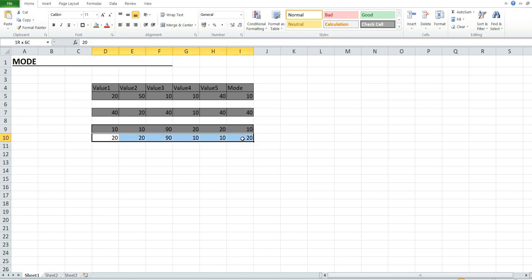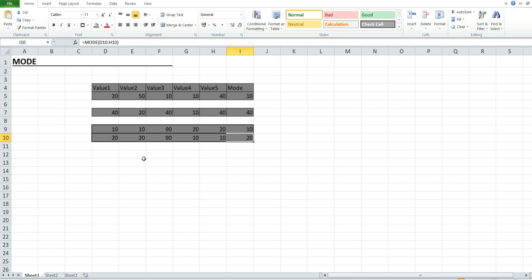Okay, as I told you in the beginning, when there is more than one set of duplicates, the number closest to the beginning is used. So the closest number is 20, so we got the result 20 in the upper table. In the other table we got the 10 result because the closest to the beginning is 10. So we got 10 here, and in the second row we got 20 here, right?